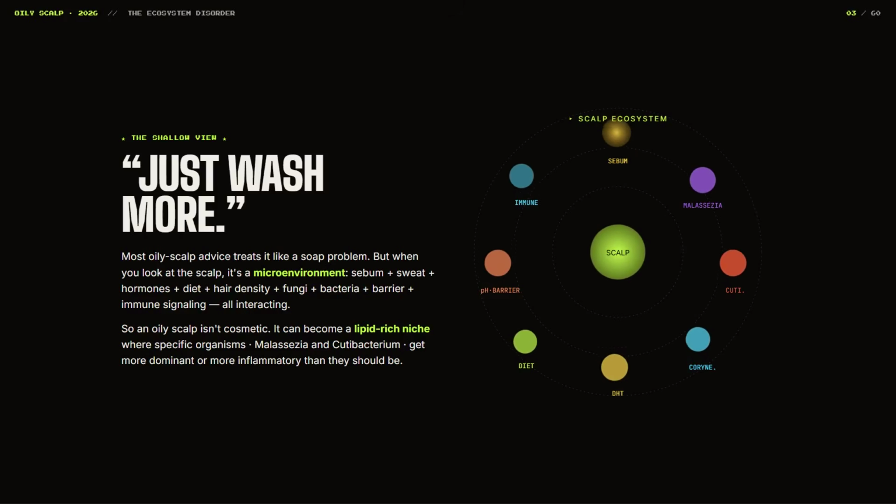Oily scalp, scalp dysbiosis, seborrheic dermatitis, folliculitis, and the lipid microbiome axis. All these words put together, but they're pretty important. You see, when you have a chronic issue where your scalp is producing too much sebum oil, in some people that represents an underlying problem.